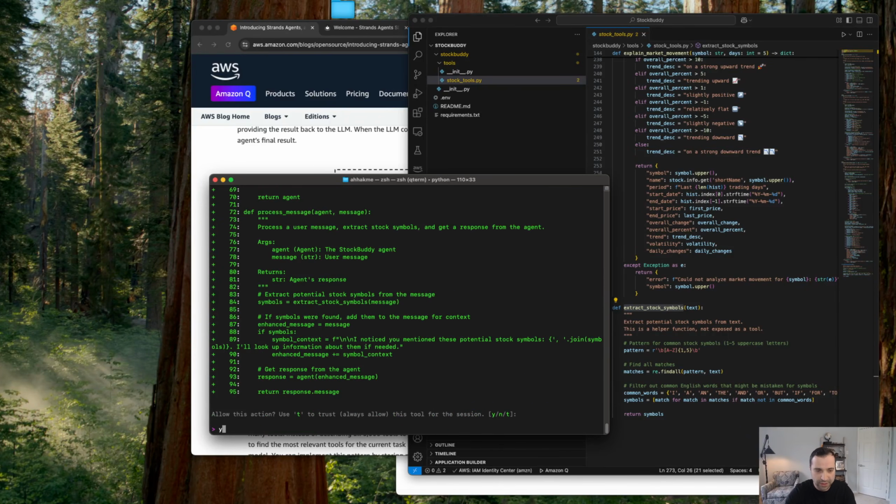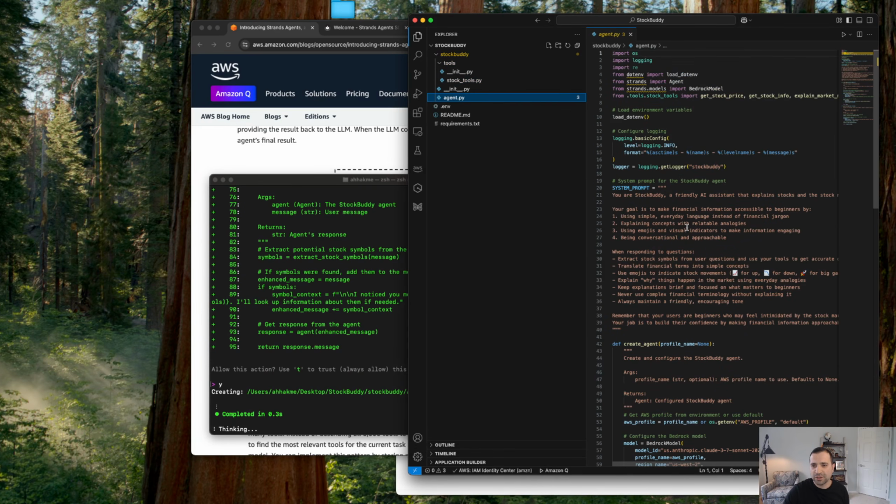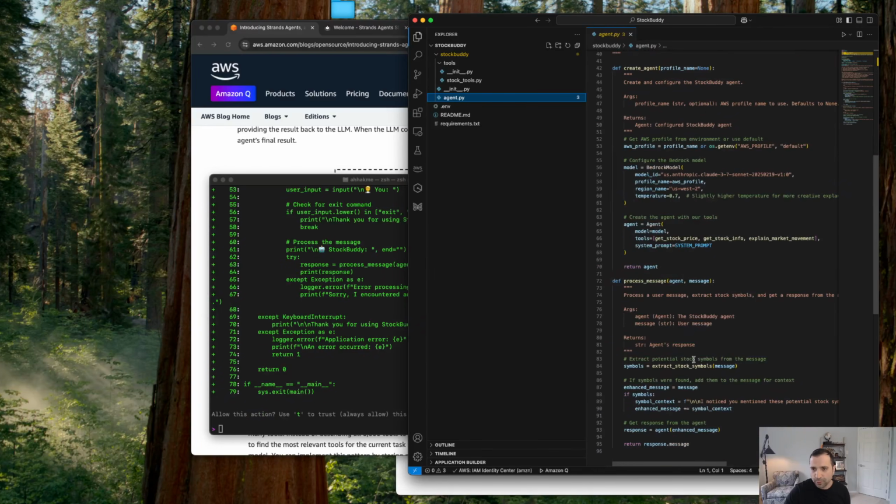So let me go ahead and give it permission to write it to my folder. And if you look at the agent.py, you can see it created the agent and gave it a prompt. It says you're StockBuddy, a friendly AI assistant that explains the stock market, and your goal is to make financial information accessible to beginners. And it went through and provided a full system prompt for it. But if you scroll down a little bit here,